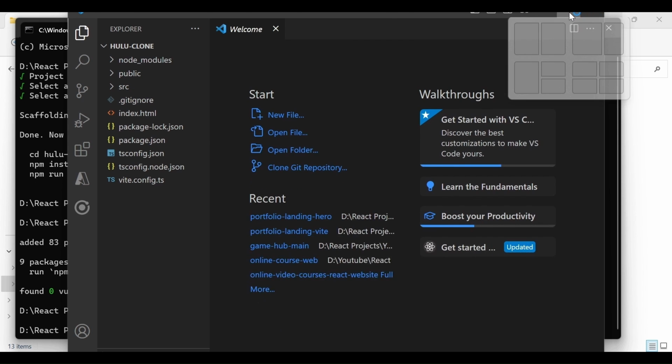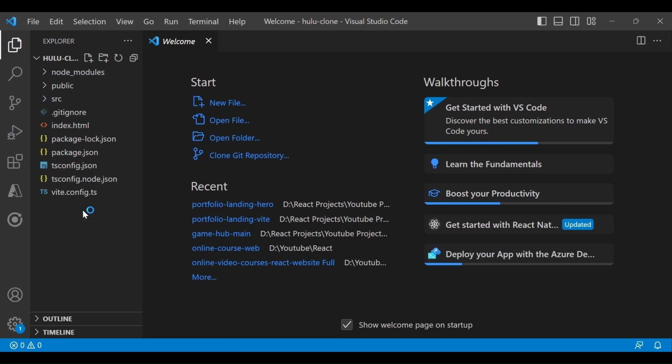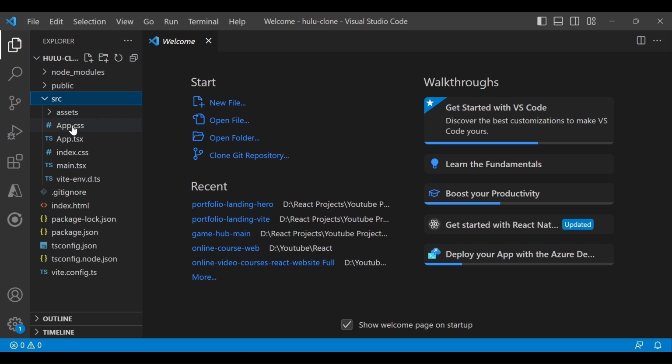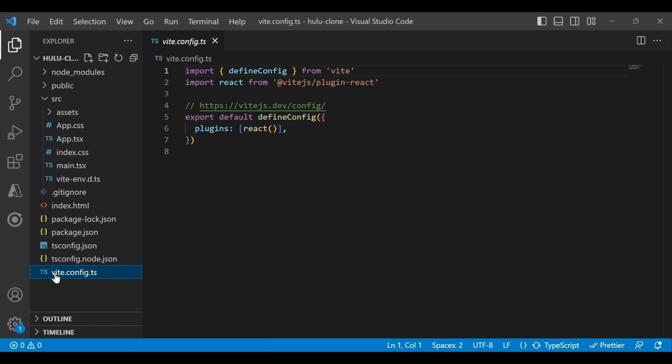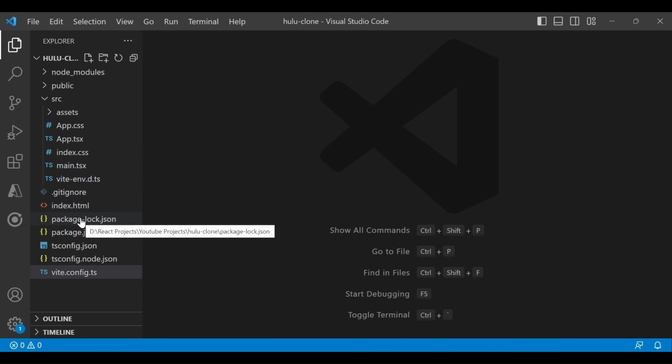And if you see, we are in a project. On the left hand side you will see all the files and folders. It's a similar structure to what we create using create React app. The only thing, if you see, is that it's TypeScript, that's why it's coming as a tsx, TypeScript XML, and otherwise everything is similar. One more thing, they added that vite.config.ts file where they added the React plugin. If you see plugin, and they added the React. And yeah, so let's start creating the folder structure.